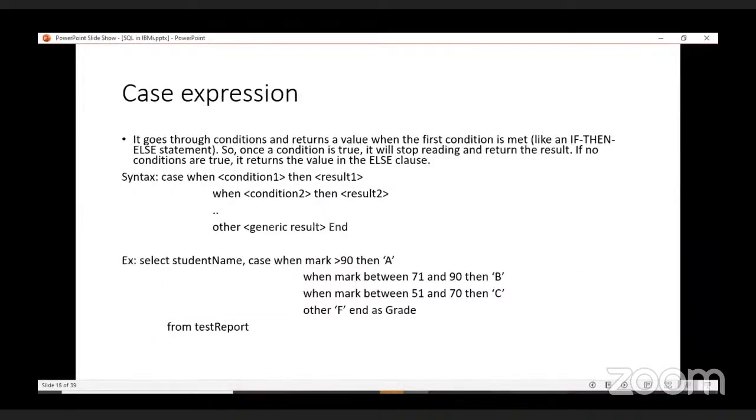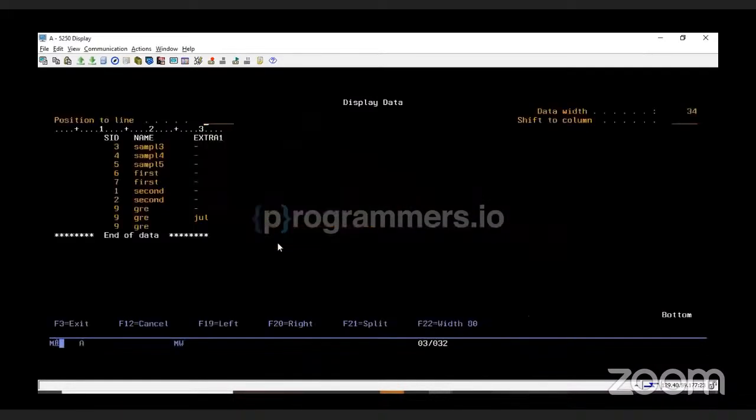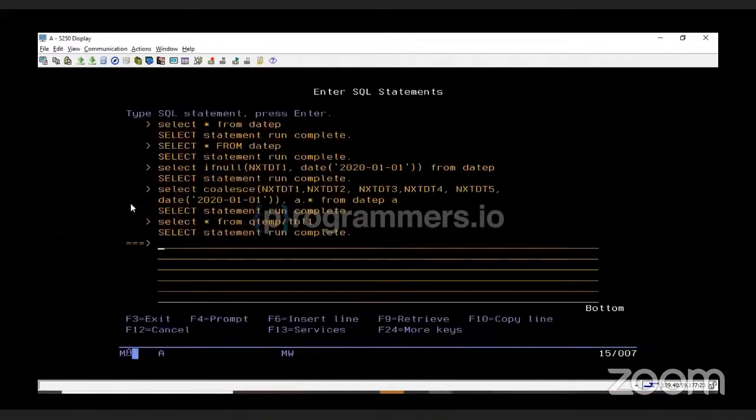Now we have the case expressions. So we'll be using this case expression from TBL1. Now we have this SID value, and we'll be using the case expression upon it, that if an SID value is having any value upon the value name, then we'll display something against that,